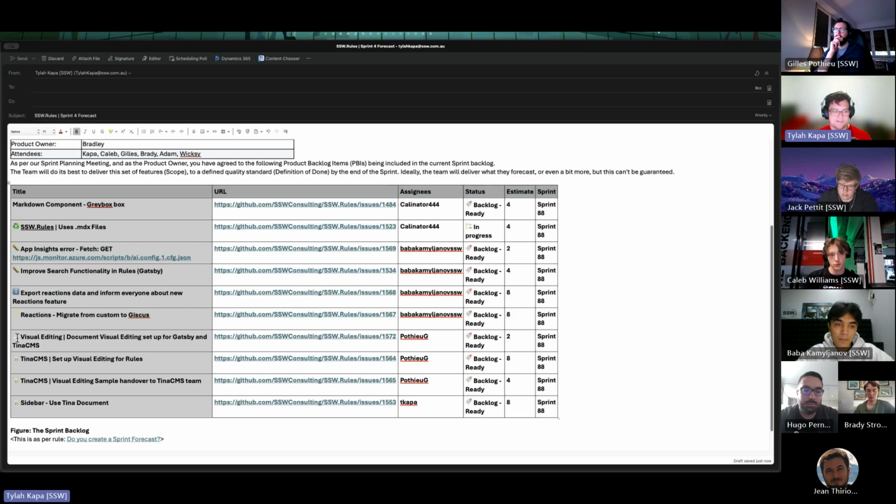And more exciting as well is that we have a plan for Gilles to document the visual editing. The ultimate goal for this is to, one, document visual editing for Gatsby. Two, prove that documentation by implementing it on SSW.Rules. And then three, update the documentation and then update the sample repo that we have, that POC,